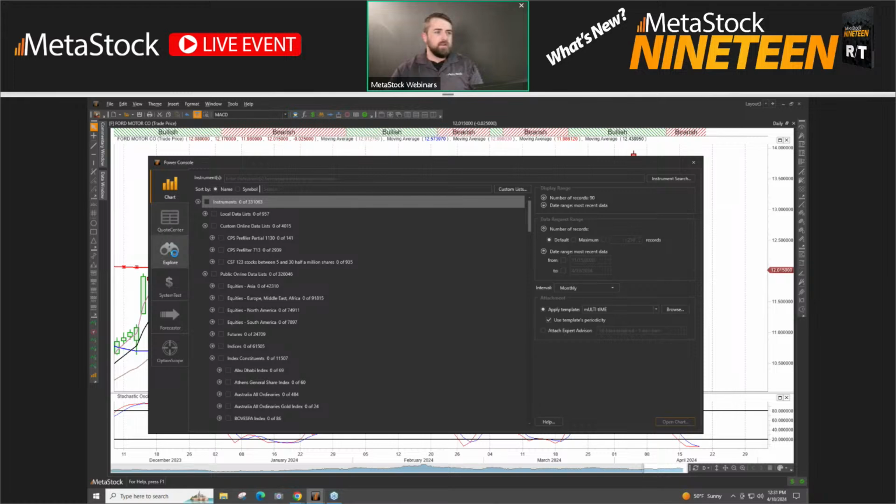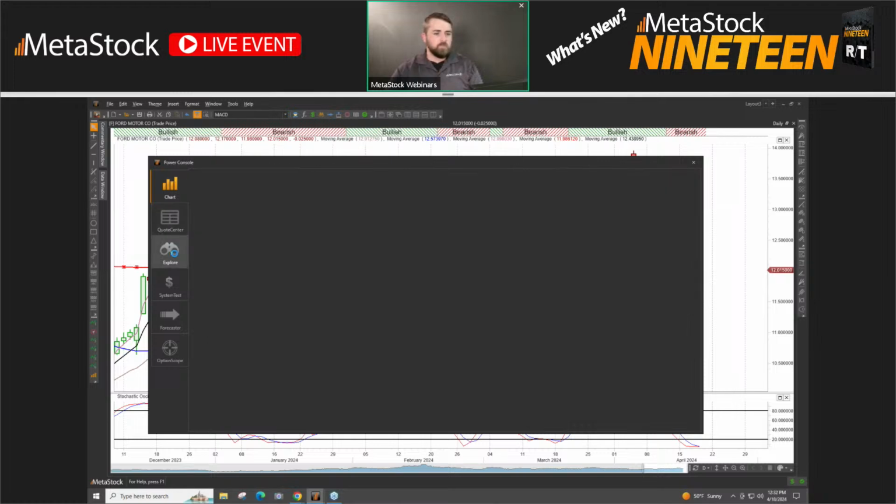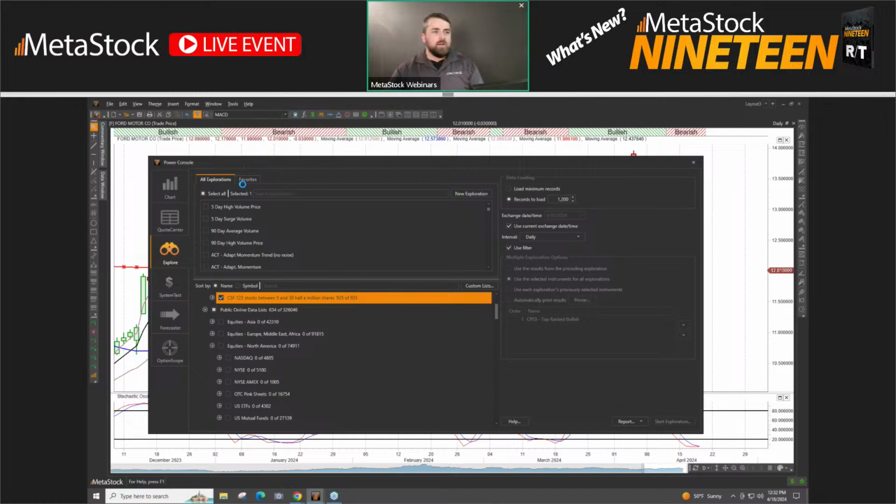So when you come inside of here, say I'm in the Explorer. To search for explorations, this is loading for me. There's like 1,000 securities here, but the search explorations has been dropped down here.